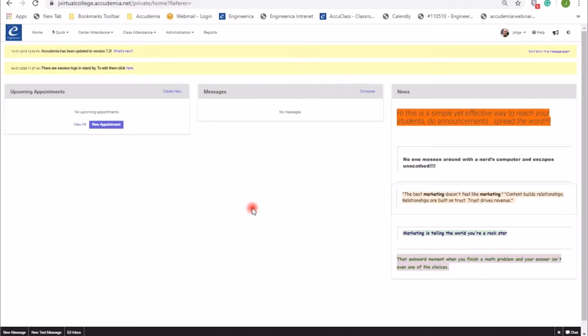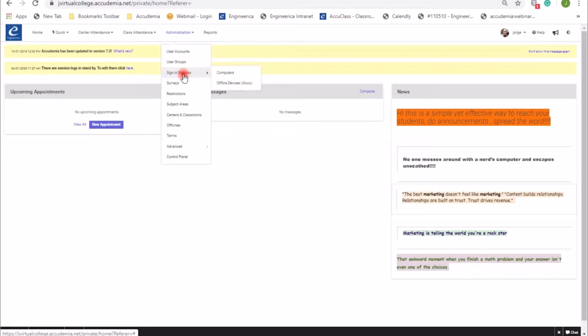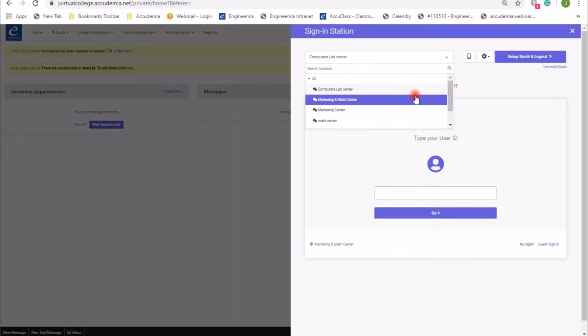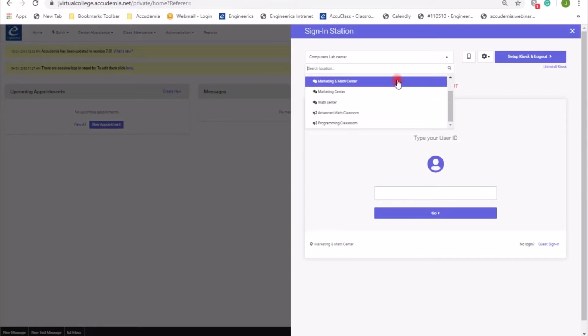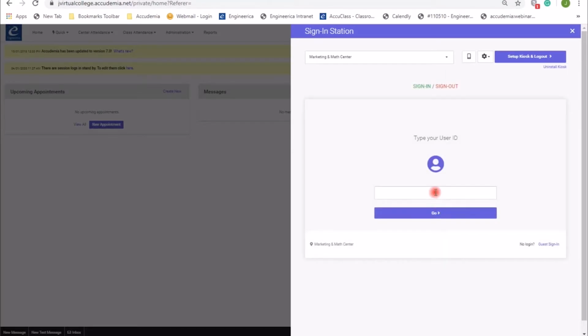There are two ways: one in the menu Quick Sign-in Station, the other one in Administration Sign-in Station Computers. In the new screen you're going to select the center or the classroom. You are going to establish default values if you want for subject area, service, tutor and instructor. And then the student can sign in directly here in this screen